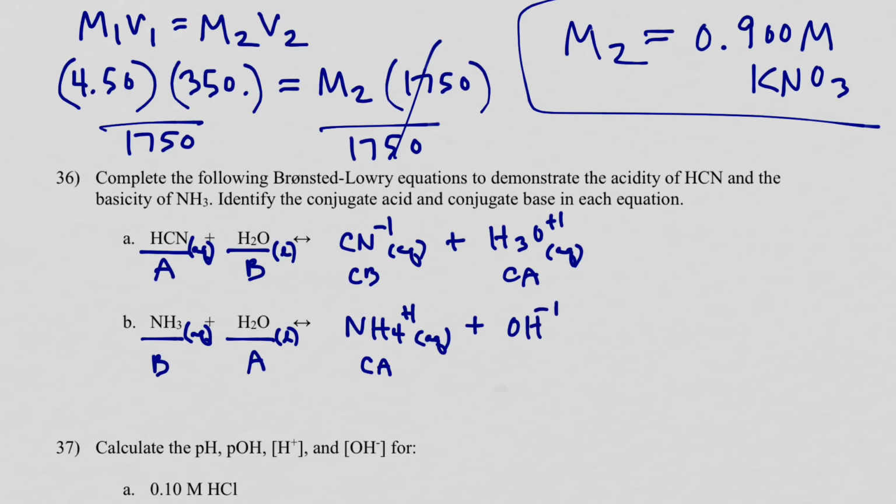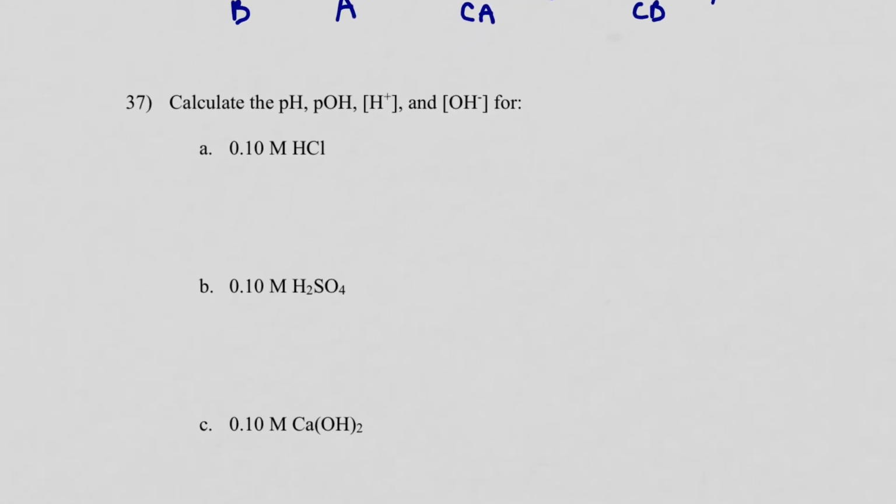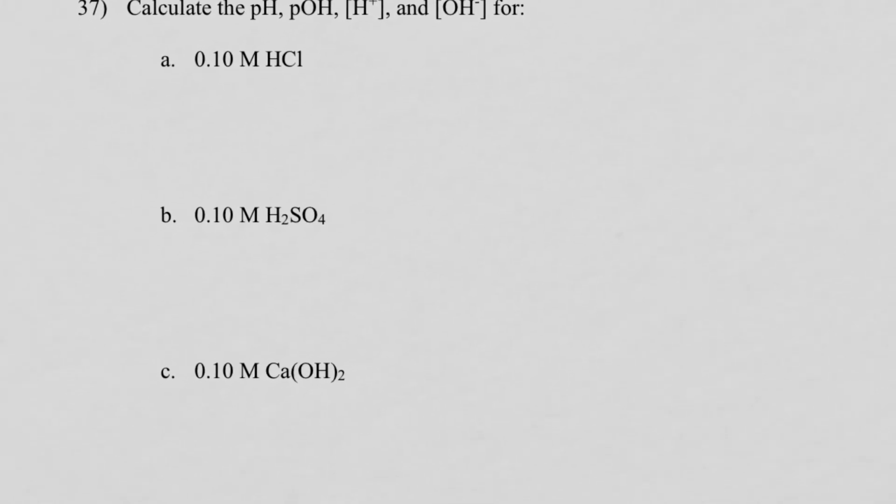What remains? A hydroxide ion, aqueous, reverse role, conjugate base. In the next section, it asks you to calculate the pH, POH, H+, and OH- in each of these scenarios. And what I'm going to do just for simplicity's sake is take you through the dissociation for each one of these, because that's typically the more difficult piece for students, and then I'll simply fill in a table for each of the different